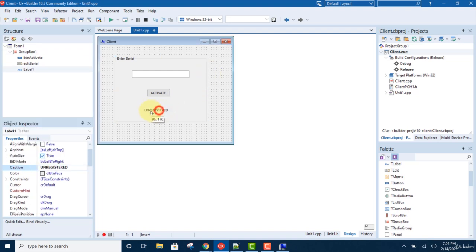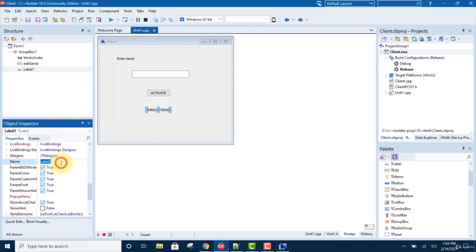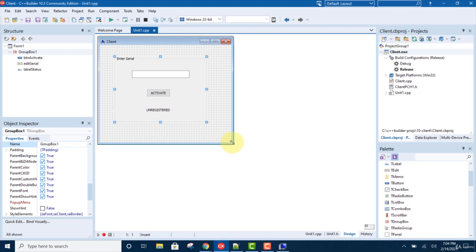And then for the name, let's change it. Go down to name and call it label status. Okay, so we got everything. Now one more thing, we need to add a